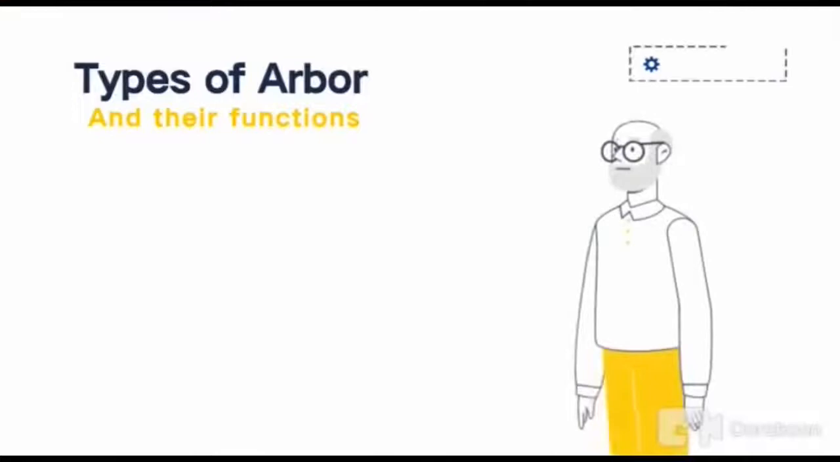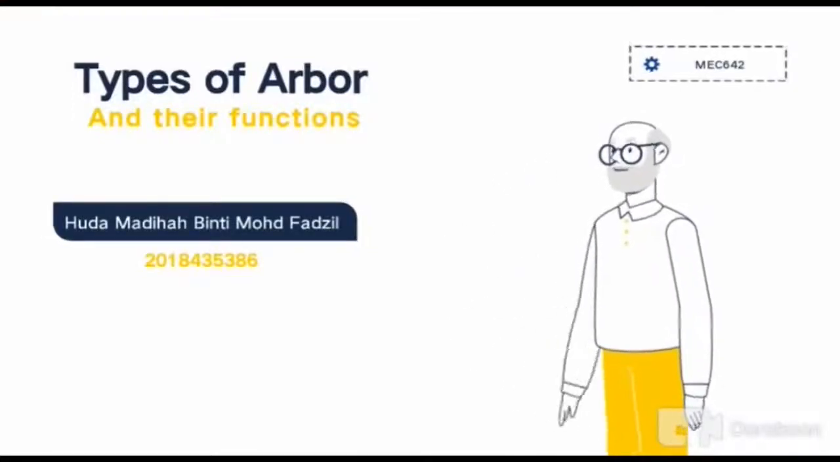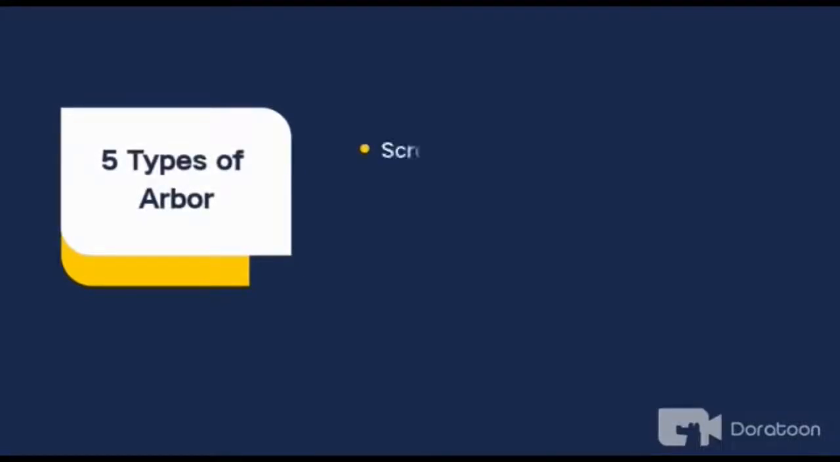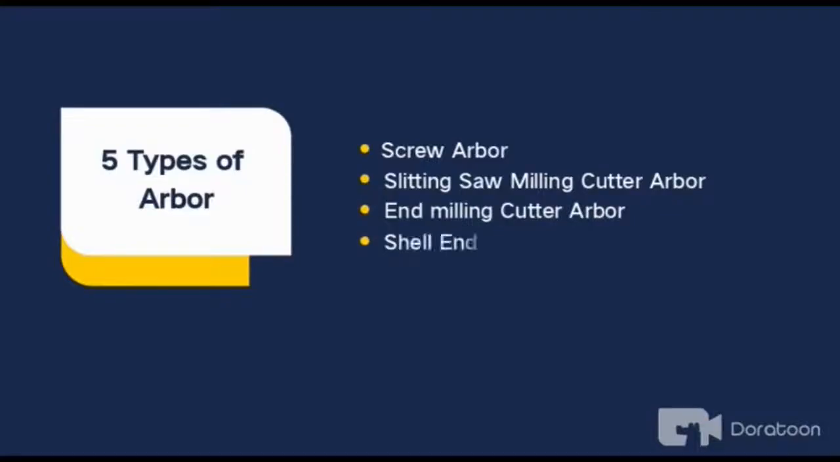Assalamualaikum warahmatullahi wabarakatuh. Today we will talk about types of arbor and their functions. So as you can see, there are 5 types of arbor. First is screw arbor, slitting saw milling cutter arbor, end milling cutter arbor, shell end milling cutter arbor, and fly cutter arbor. So the first one